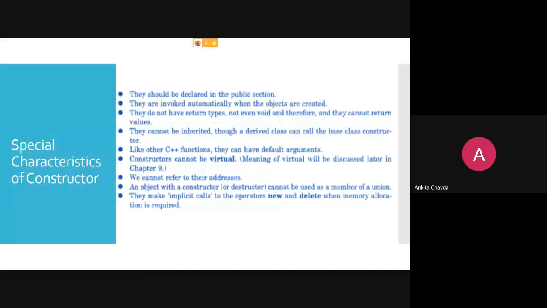The same thing you can even provide to your constructor. You can even give default arguments to your constructor, and you can omit any number of arguments and provide some default argument. Then, the constructor cannot be virtual, as it is written here.